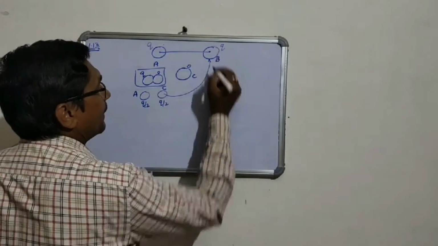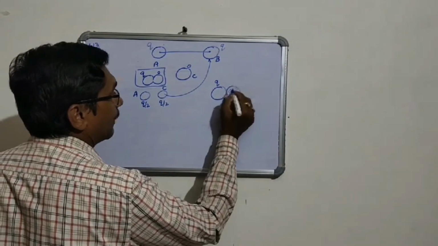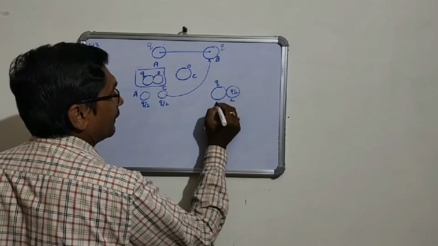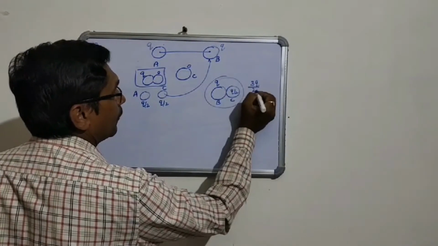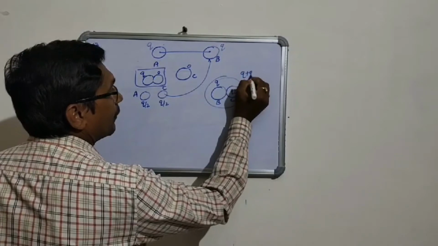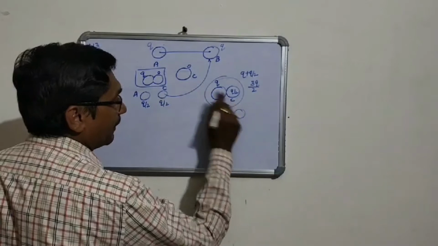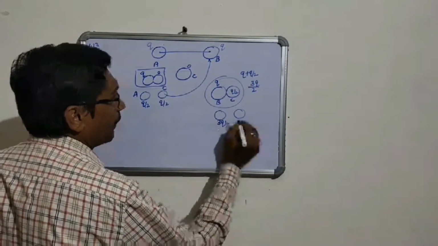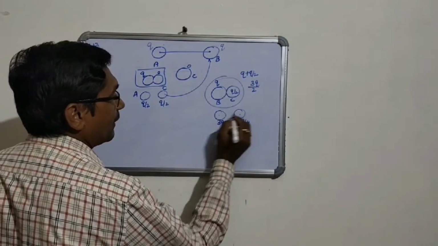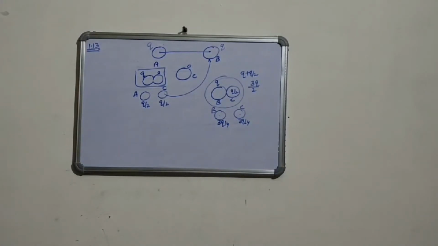So this is the B sphere, B having Q charge and C having Q by 2 charge. This is C, this is B. Then the total charge is 3Q by 2. Q plus Q by 2 equals 3Q by 2, and after separating, each sphere gets charge 3Q by 4, because the charge is equally distributed. Charge is equally distributed because the spheres are identical.